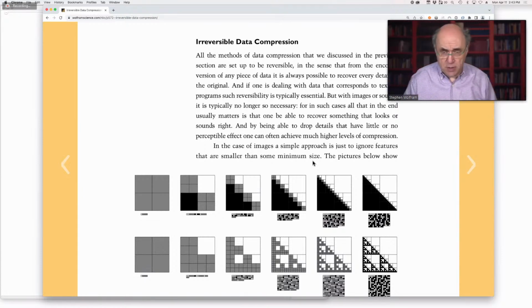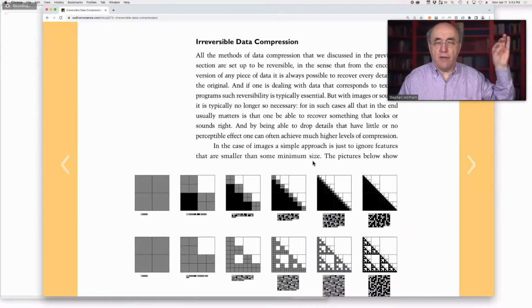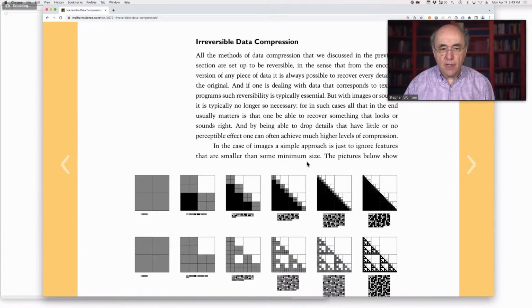We're very familiar with this in practice. Something like a JPEG or a GIF for image compression is an irreversible piece of data compression. It captures the part of the image that we care about, but it leaves out the fine detail of individual pixels and so on, that our eyes won't notice. It just says that's irrelevant. I won't bother to capture those, and I'll have a version of the picture that is very compressed, keeping the parts of the picture that I actually care about.